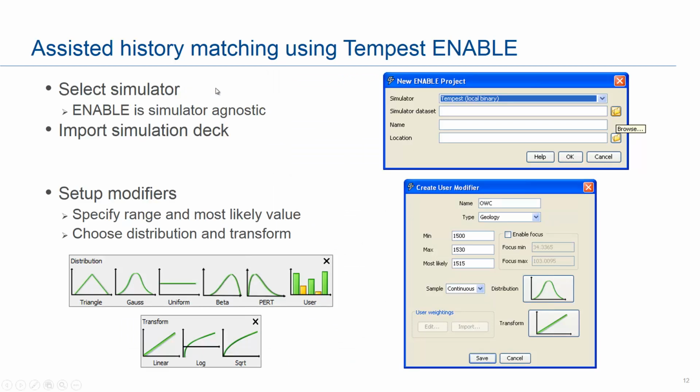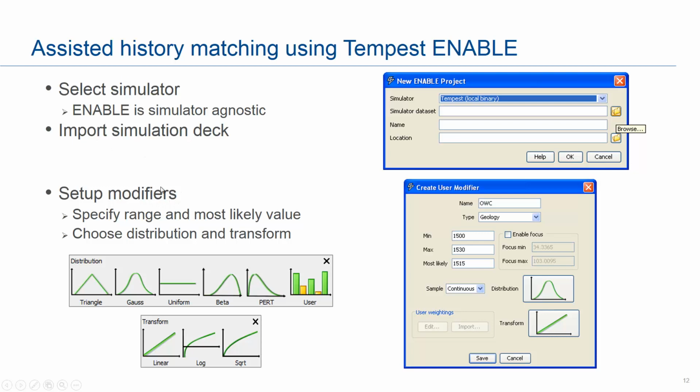To begin with, you would select the simulator. Tempest Enable is simulator agnostic, which means you can use it with all the mainstream simulators in the market. So you can use it with Eclipse, Tempest MORE, Navigator, Nexus and VIP, and other bespoke simulators like GigaPOWERS from Saudi Aramco. Once you have selected the simulator, you import your simulation model into Tempest Enable,